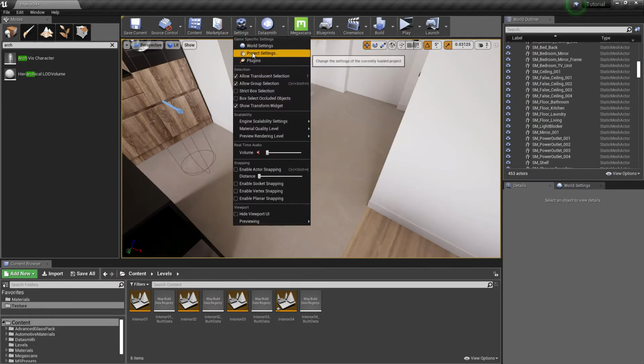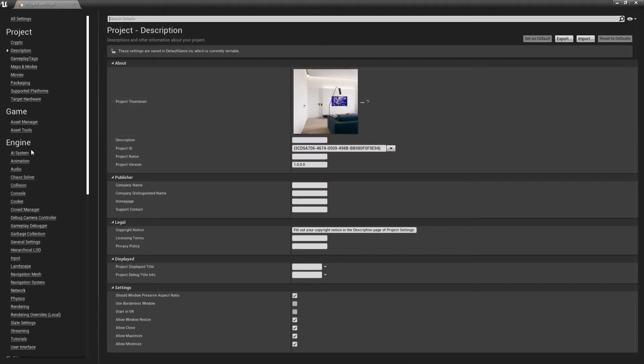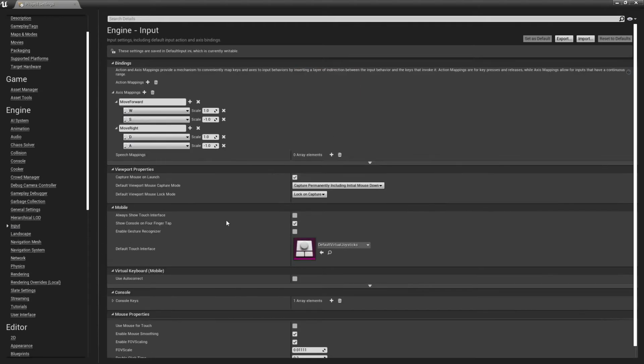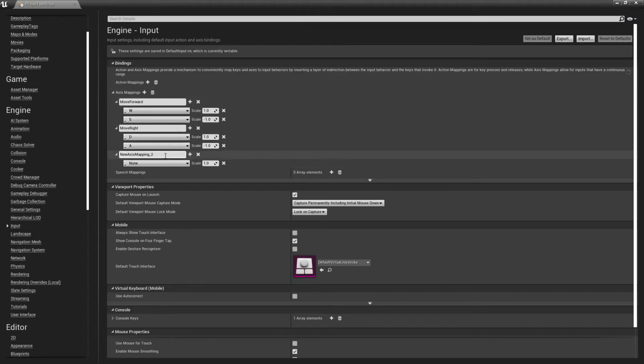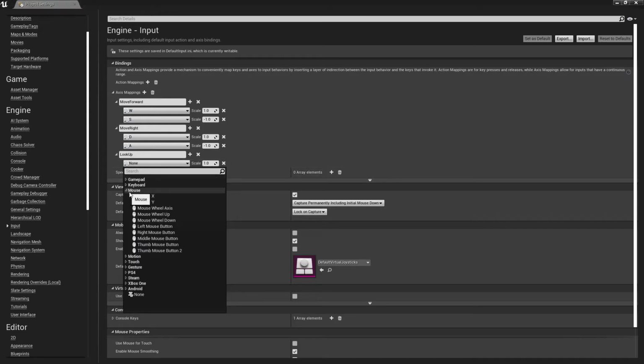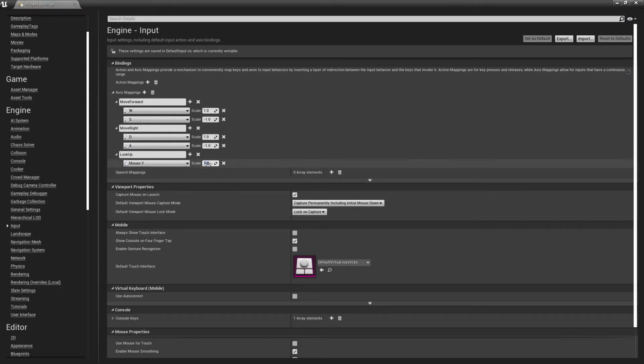Go back to project settings and to input. Add a new mapping and name it lookup. Bind it to mouse 5 and set the scale to -1.